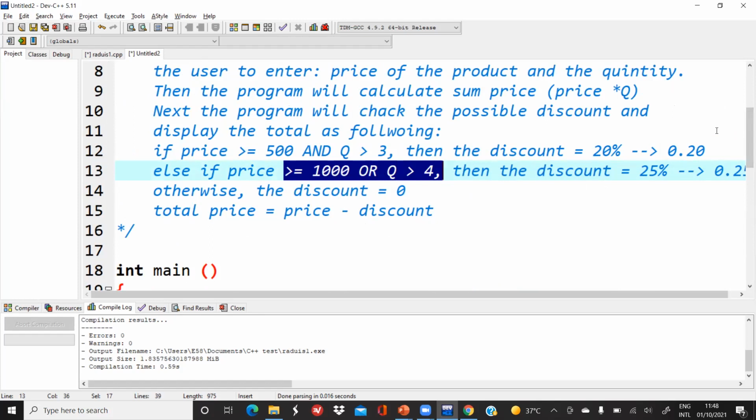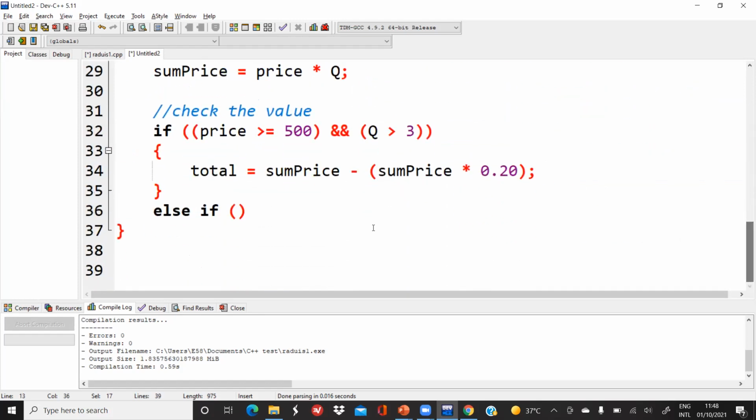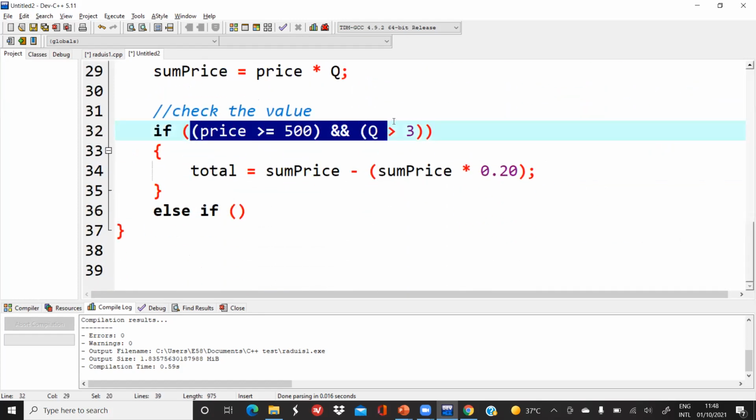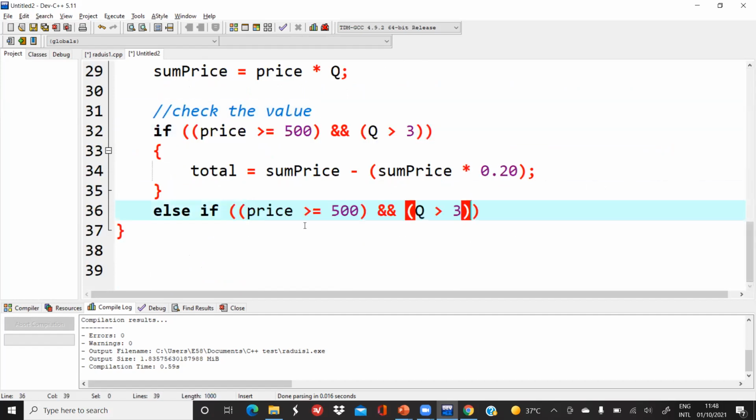Here discount is 25%. Else if إن البرايس باخذها هنا بس أسوي copy paste just in order to save time. A price bigger than 1000 and the quantity is bigger than 4 then in this situation